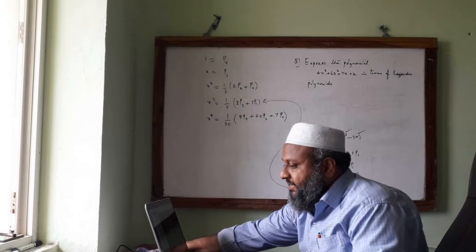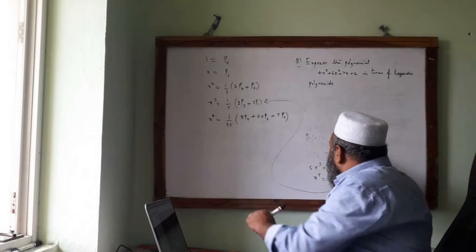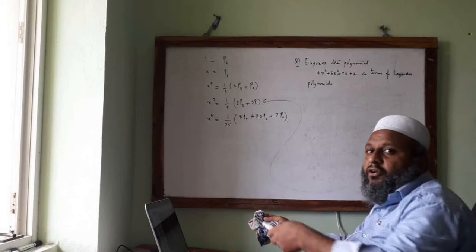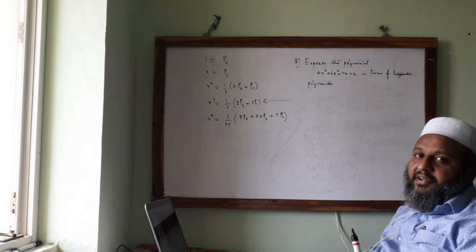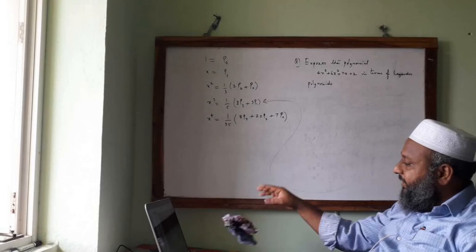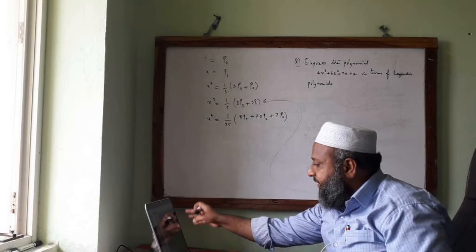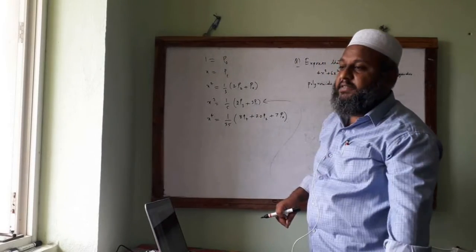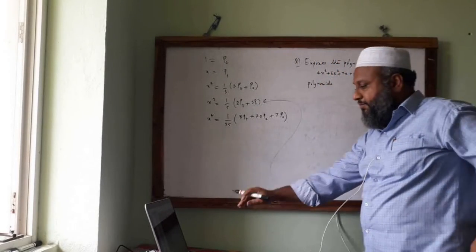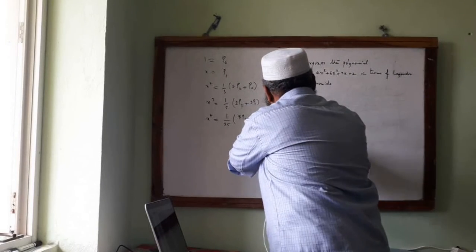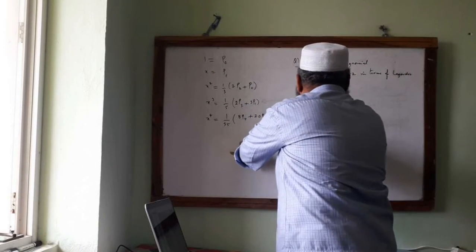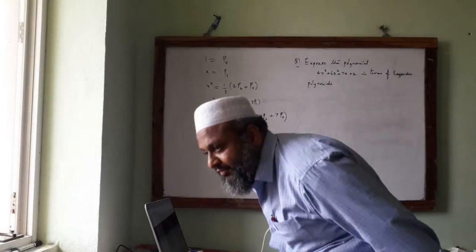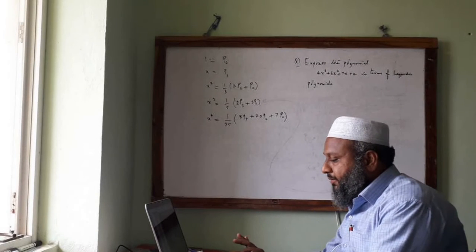Now the conclusion is that if we are ready with this one, there are ways for you. Either you remember this, or you remember only the Legendre polynomial values and then you express it anyway. That depends upon your easiness. Now let us come to the point of how to express this polynomial in terms of Legendre polynomials. So better I will show you how it is done in two different books. Then we'll come to our way.